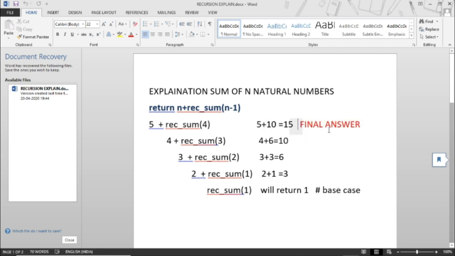So now this will be your final answer. The main concept to understand is that it uses a stack, and all the calls of the recursive function are stored in a stack, and they are taken in reverse order from the stack. First we get the output of the last statement, then the final answer comes when the first statement is called, right? So 15 is the final answer in this case. Okay,